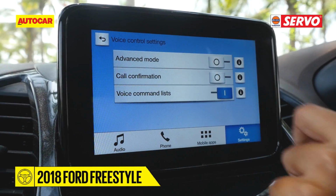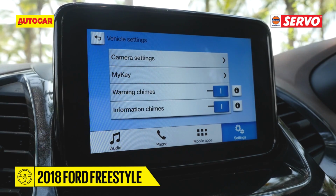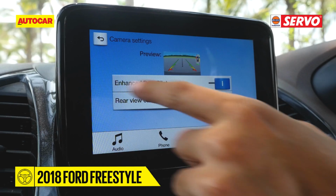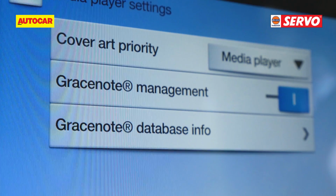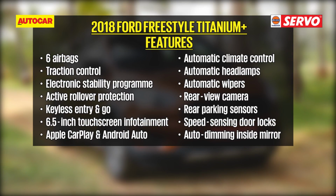As before, you get a rather comprehensive set of voice commands, Ford's emergency assist feature, and the MyKey system that lets you set volume and speed restrictions on the car for other drivers. But the best part is that Ford's latest Sync 3 touch interface runs so smoothly and crisply, just like a high-end smartphone. Touchscreen aside, there's loads else on the equipment list too, like keyless go, automatic headlamps, dual USB ports,